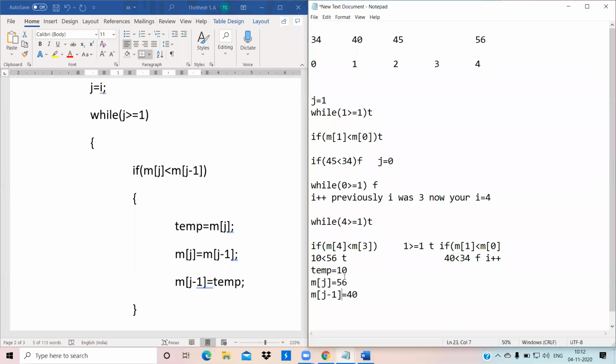Again for m of j minus 1 we put 10. Then we decrement j. Previously j was 4, now j decrements and j becomes